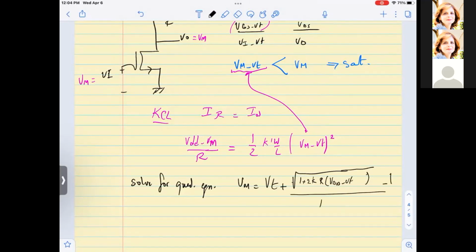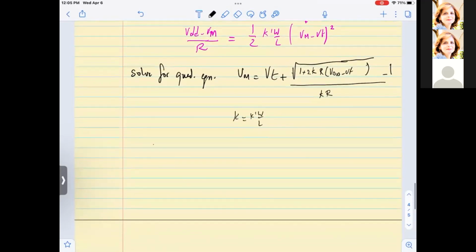Now it's a complex equation. Here we call it RD for the resistor, and K is K prime W by L. If we have numbers, so this is K equal K prime W by L, and if you substitute the numbers, you can find the roots. So it is important